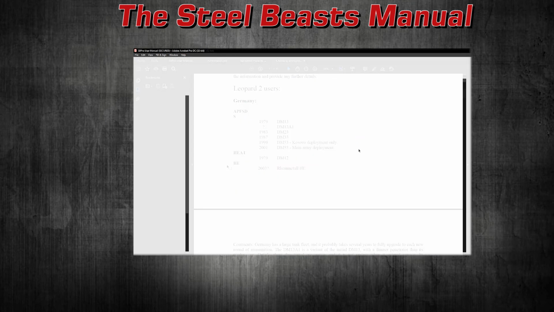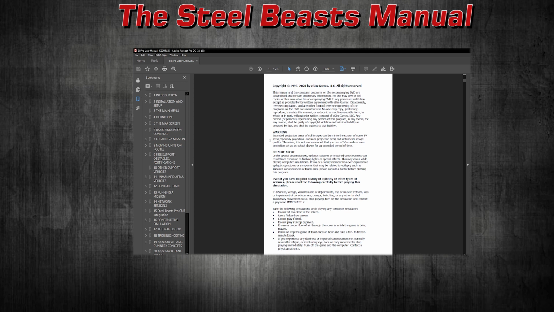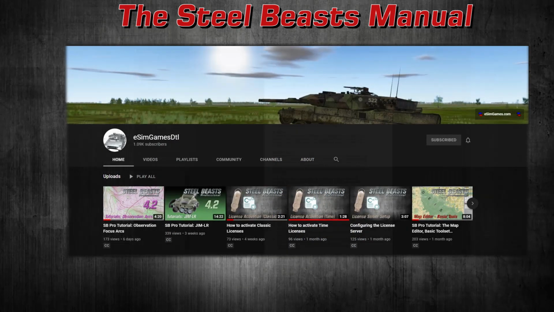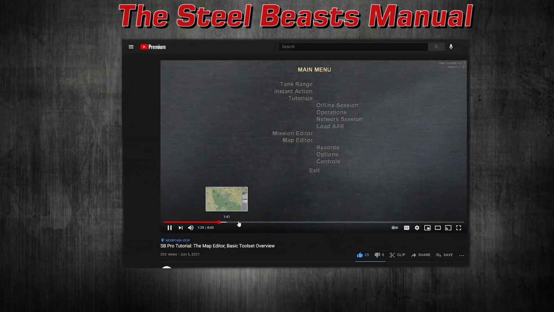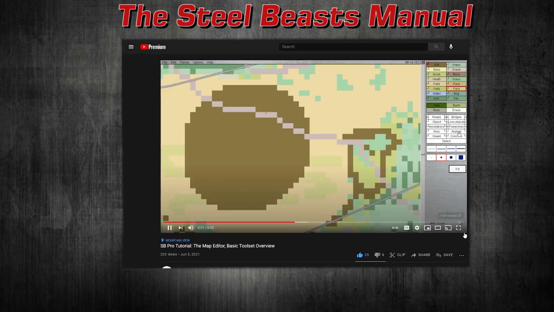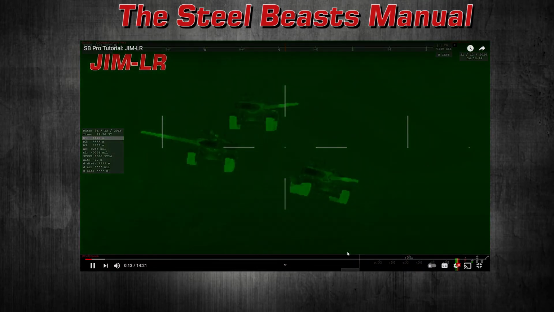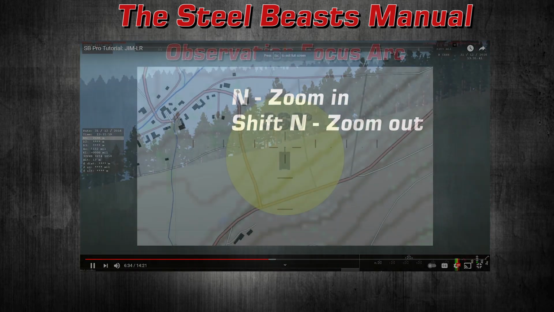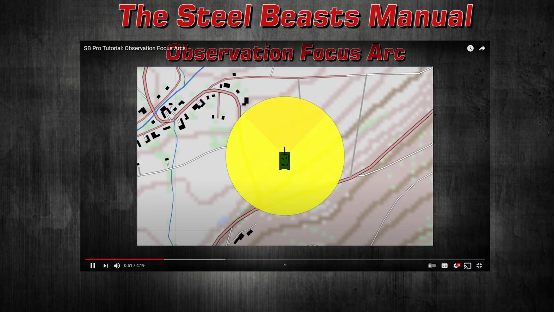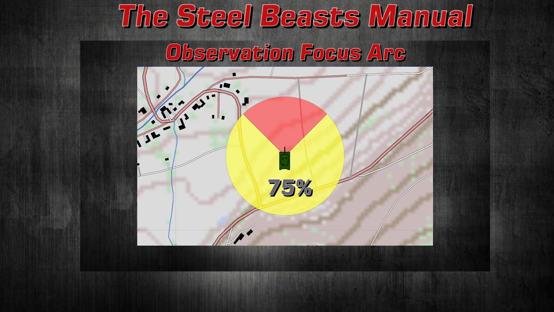mission designers. This comprehensive manual is the recommended way to answer all basic questions about how SteelBeast works, along with our fine tutorial videos complementing that curriculum, of course. In fact, key topics from this manual are covered in our tutorial video library, and these video offerings are being expanded to complement the user's manual comprehensively.